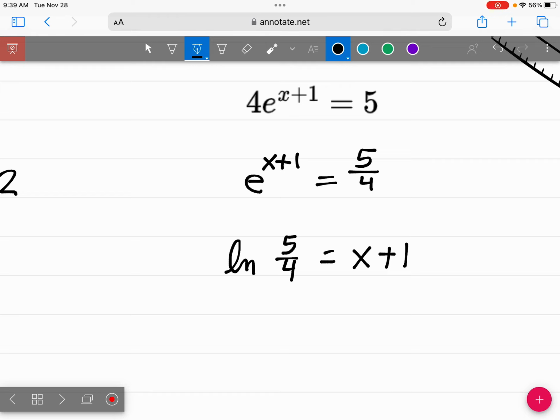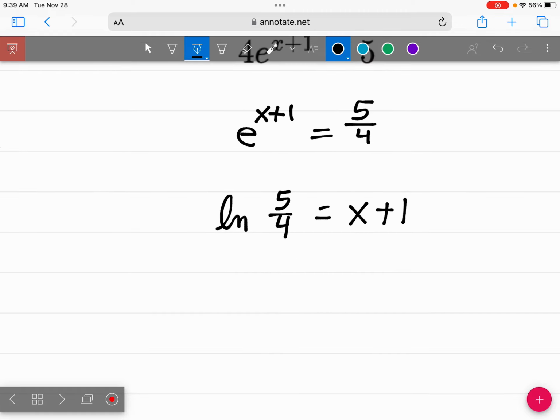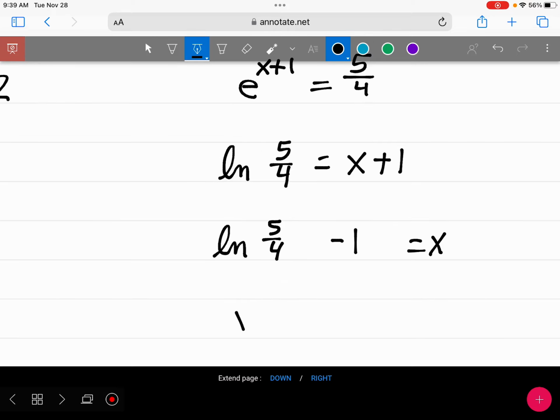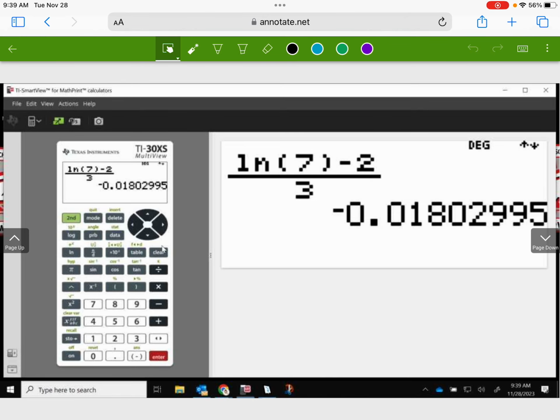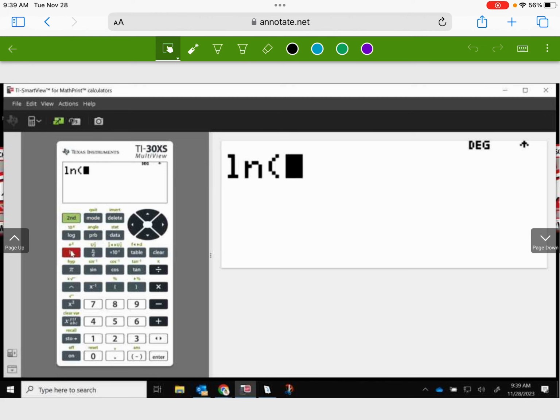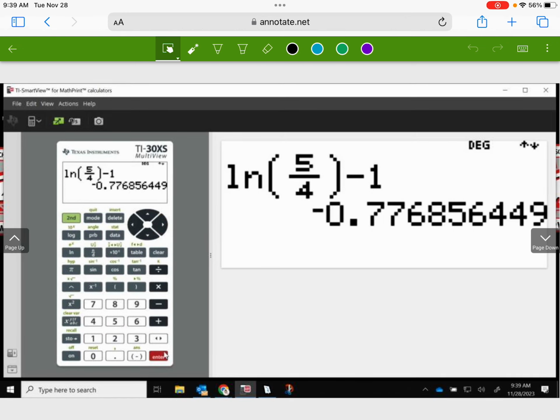How do we get x by itself? Subtract 1. So our exact answer is the natural log of 5/4 minus 1. And to get our approximate decimal answer, we type it in the calculator. X equals the natural log of 5/4 minus 1. And we get negative